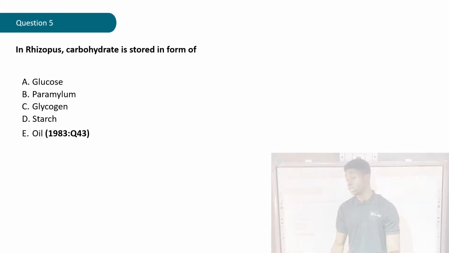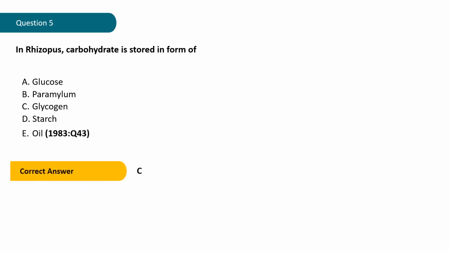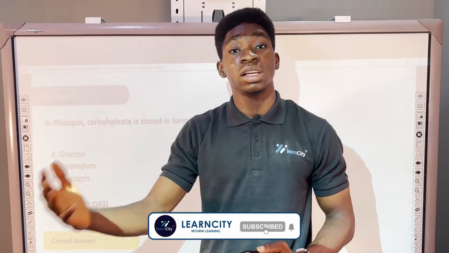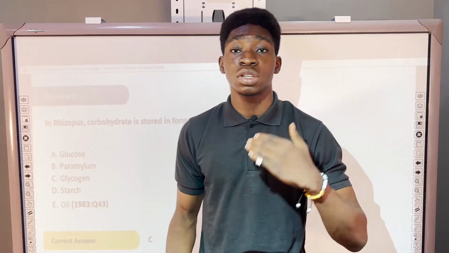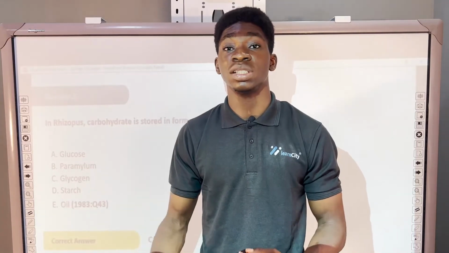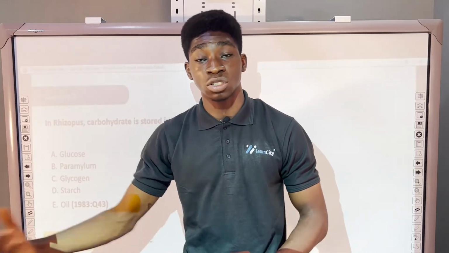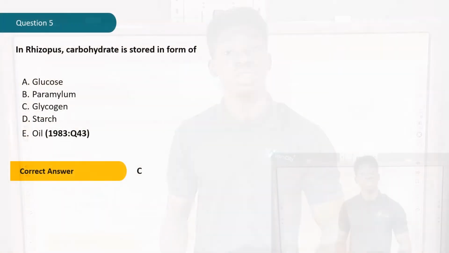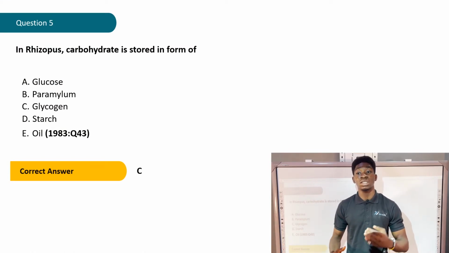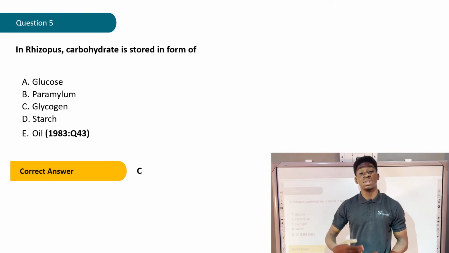Now let's see what the correct answer says. The correct answer is C, glycogen. From our previous question, we found out that Rhizopus absorbs carbohydrate into the body in the form of glucose. But that is the way it absorbs it into the body. It stores it in the form of glycogen. It can only absorb it as glucose, then store it as glycogen. It stores that glycogen so that when it requires to use carbohydrate, it brings out the glycogen